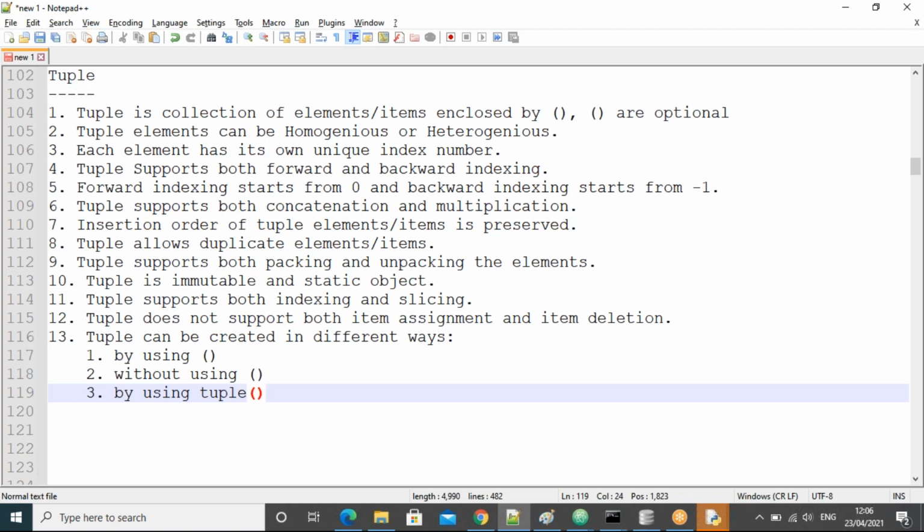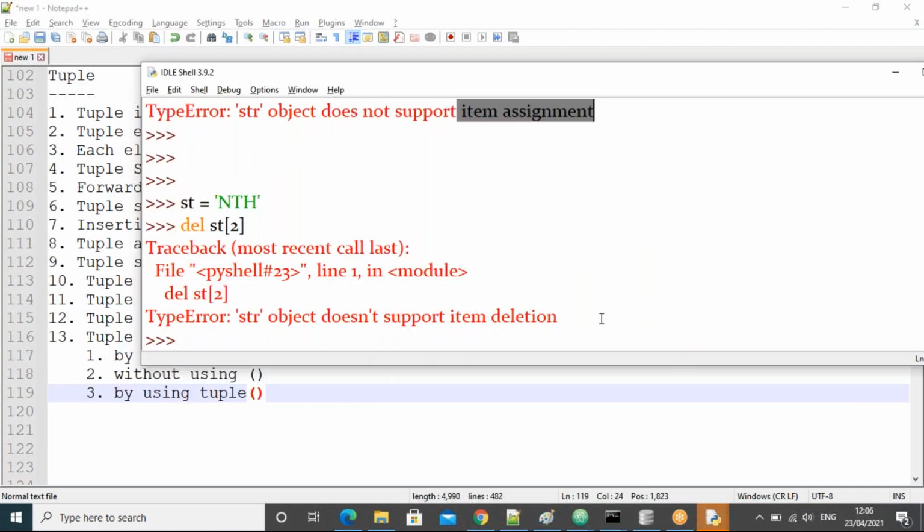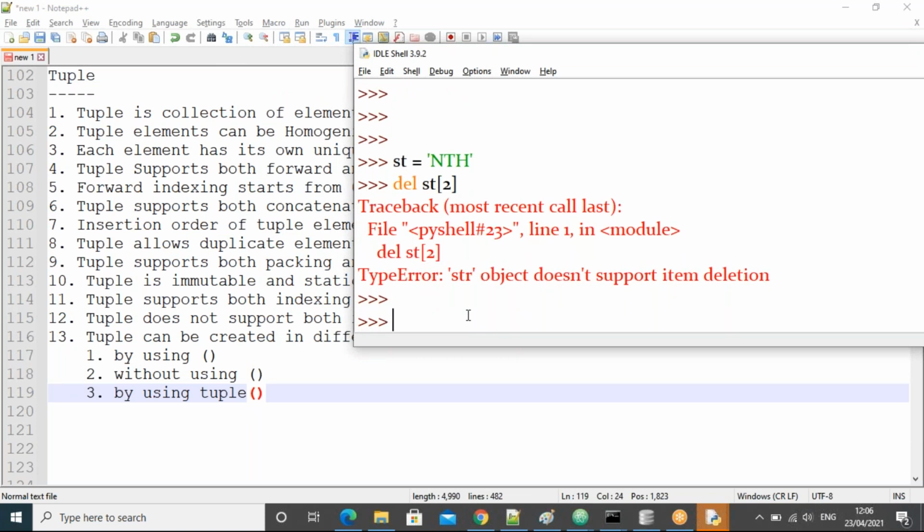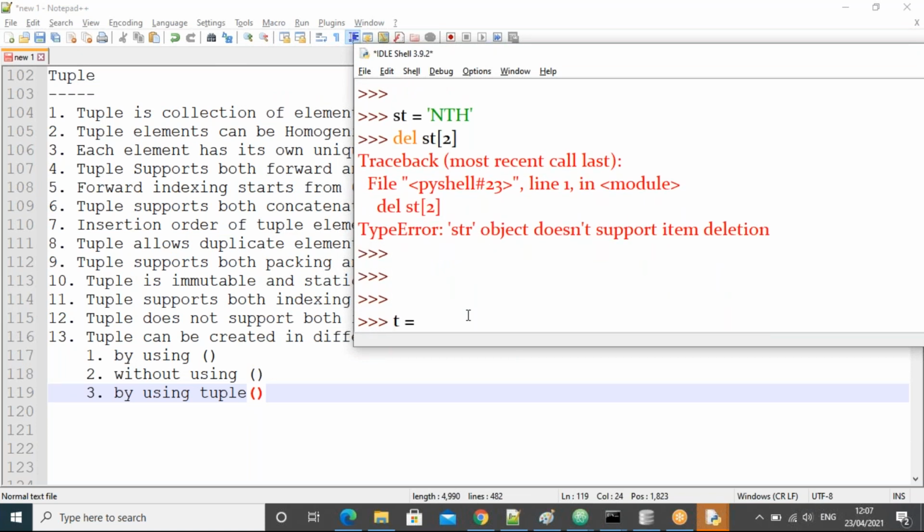Fine. Now I'll show you how to create by using parentheses, without parentheses, and by the tuple function. Now all of you observe here. Let's take t equal to, see, parentheses of same, guys. Now everything same, like 30, 40, like this.